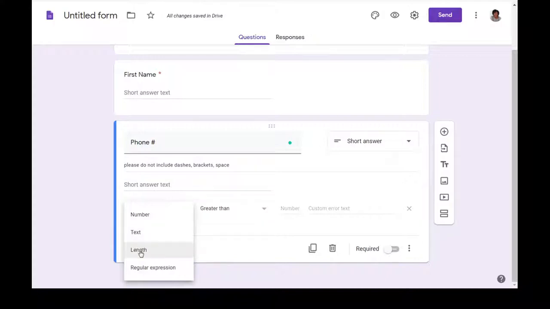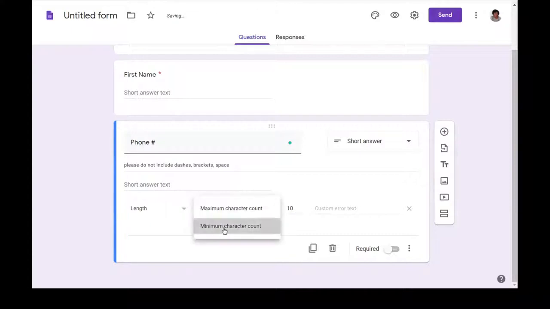So I know for a phone number, there's the 3-digit area code, the 3 digits the first number, and 4 digits at the end. So we're looking for basically 10 digits. So I like to put the minimum character count at 10, so that they can't accidentally forget a number and they can't fill up that space with brackets and dashes and all of that stuff. And then you could put a little description of what you want to pop up when